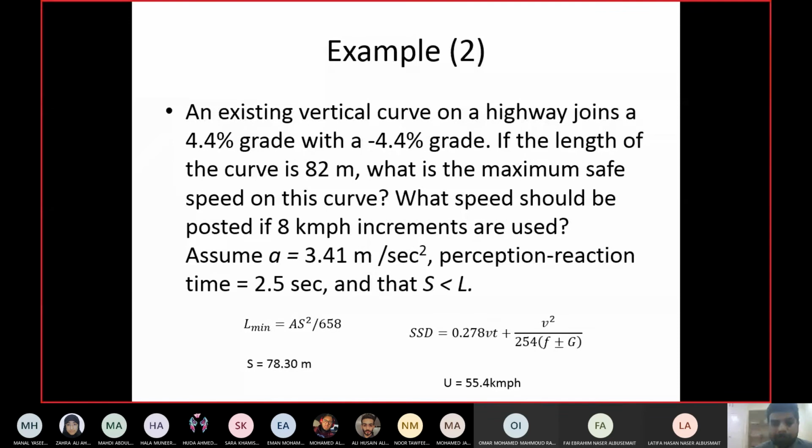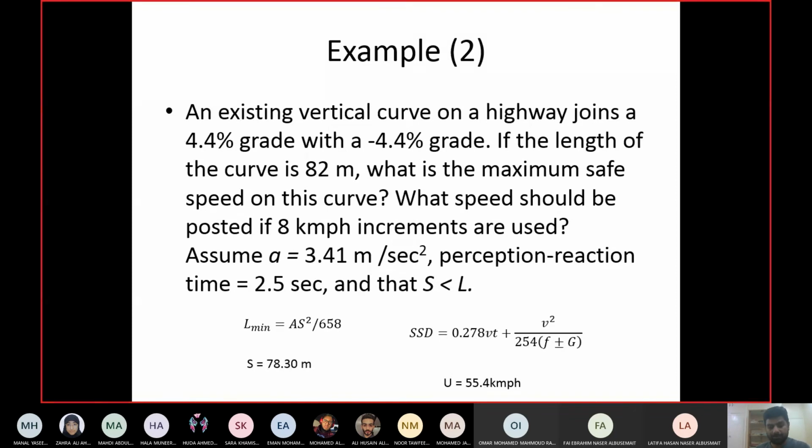Can it be more than the design speed? No, obviously not. It will be dangerous. How can you design a curve with less speed and then say to the driver you can go at higher speed? It's not possible. You can put a value equal to design speed, but it will not be safe as well, because you know yourselves and other drivers. If you put a speed limit of 55, people will drive at 56, 57 as well. So the speed limit should be less than the design speed.